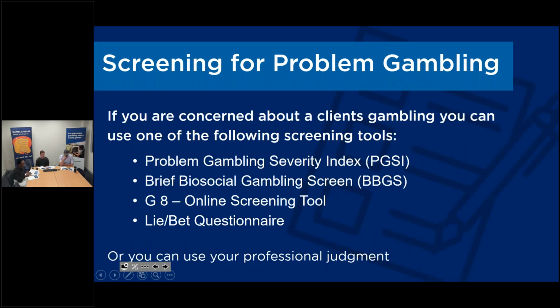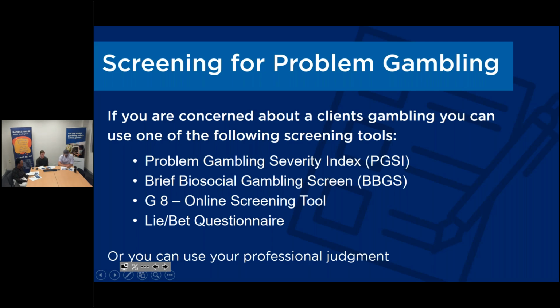If you want to do a screener on your clients to screen for problem gambling, there is a few different options. There is a Problem Gambling Severity Index, which is what we use in Gamble Aware, and it classifies people into low, medium, or high risk gambling behaviour. There's also the Brief Biosocial Gambling Screen, which is just a little bit shorter than the PGSI. There's the G8 online screening tool, which is a really good one if your client is wanting to fill it out themselves at home,